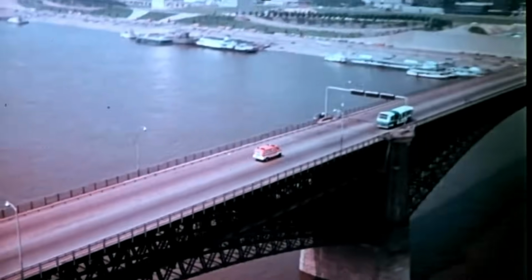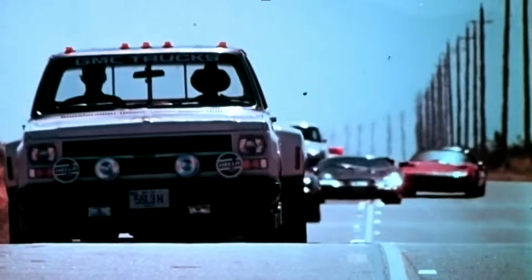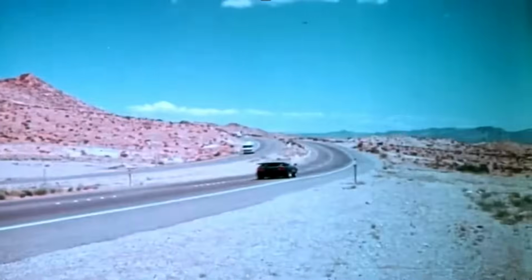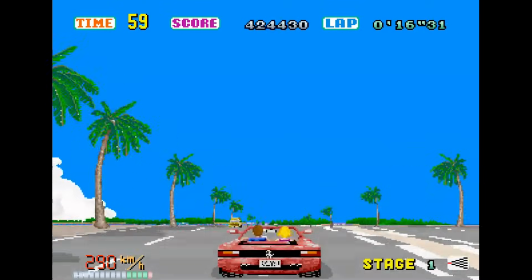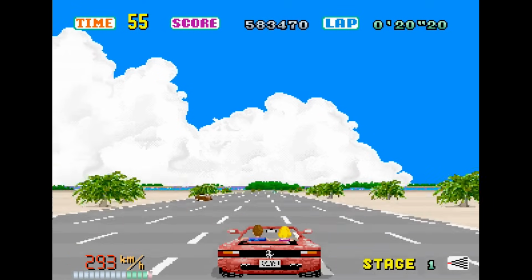As a matter of fact, it was Suzuki who had seen the movie Cannonball Run, which was a checkpoint rally racer from New York to Los Angeles, and featured a lot of stars and a lot of cars, and in my opinion, still holds up 45 years later. The movie featured a lot of racing action and comedy, so if you haven't seen it, you might want to have a look. Mr. Suzuki was inspired by this movie and felt it would be perfect for the driving game